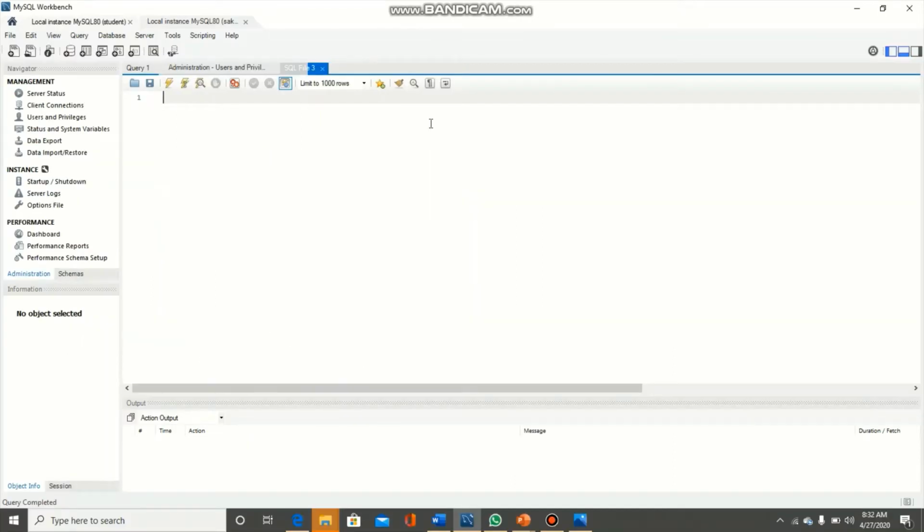First of all, we need the list of all the users, and then we will apply the show grants command. So for the list of users, I will type select star from mysql.user. With the help of this query, I will get the list of all users in our MySQL server.